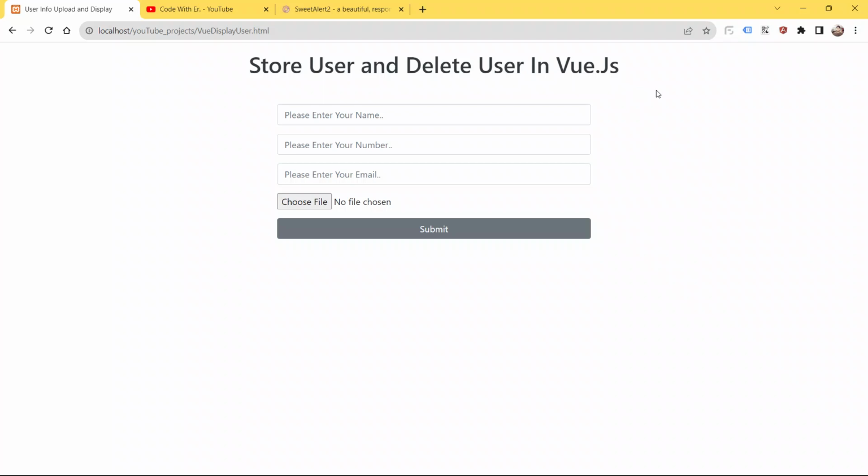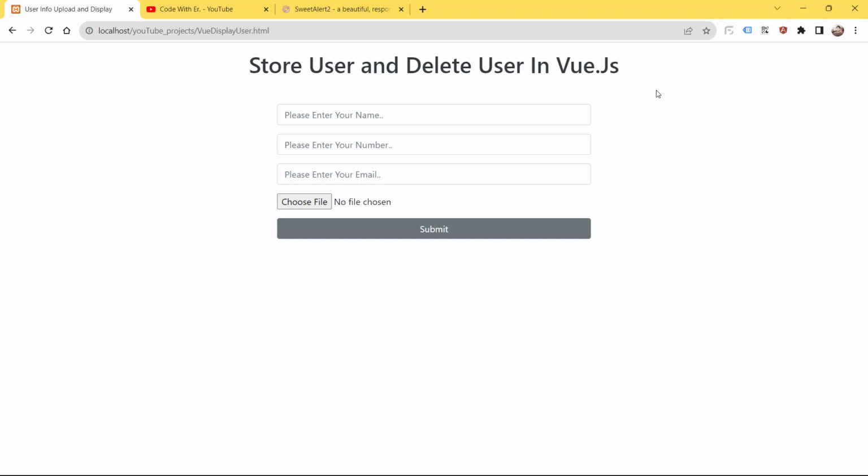Whenever you are about to delete a user, it asks whether you want to delete the user or not.